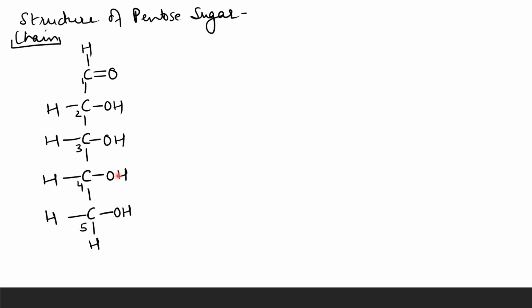And from that, this H will make a bond with this O and this O will make a bond with this C. So this will be a bond, right? So this OH will be removed from here